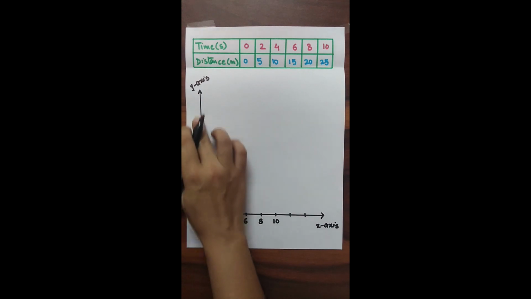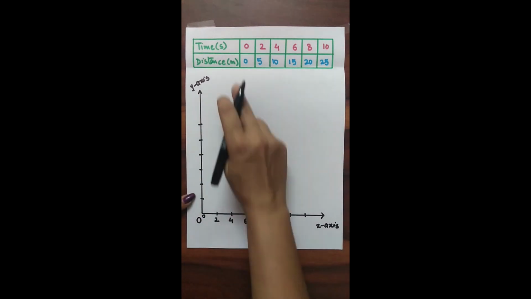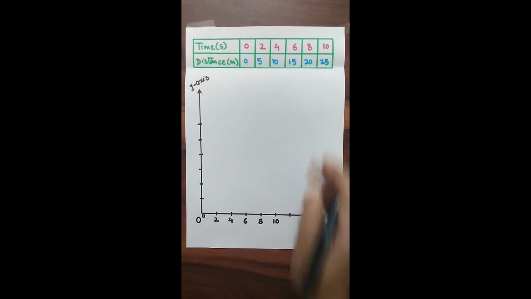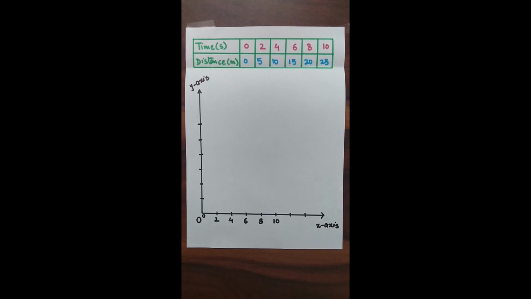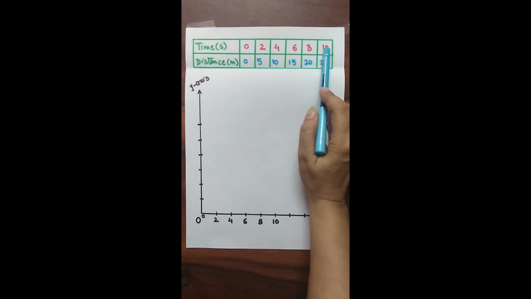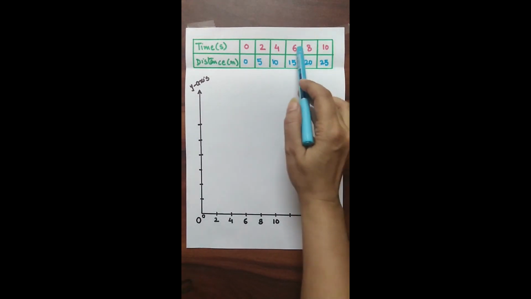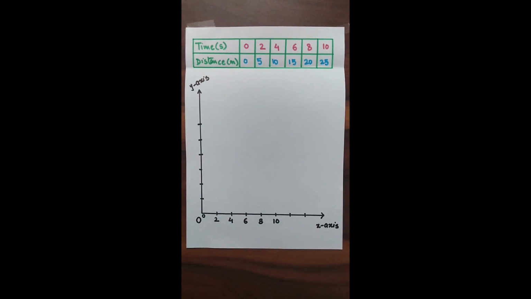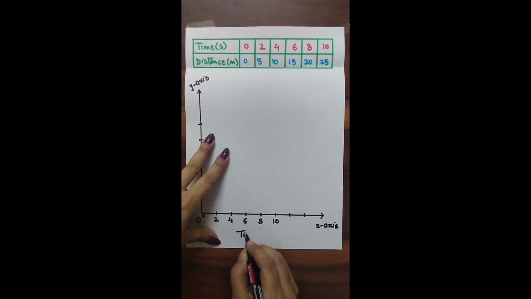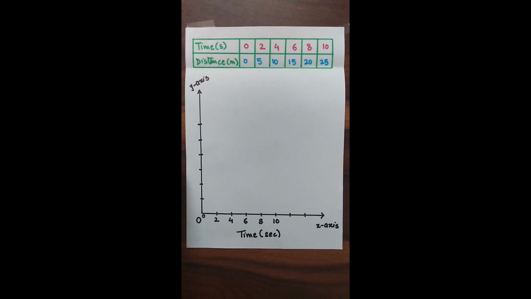Now we will not be writing the numbers the way they are given in the table as such. The reason is that we don't know whether this kind of motion will be a uniform motion or not. So whatever time is given, we have to write down the timings over here only, and then we write down time with the unit within brackets. It is given in seconds.